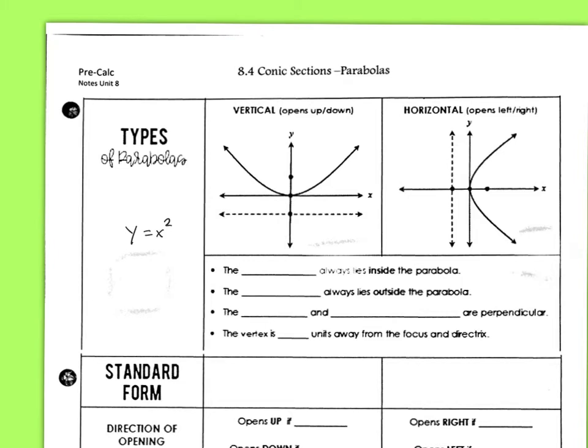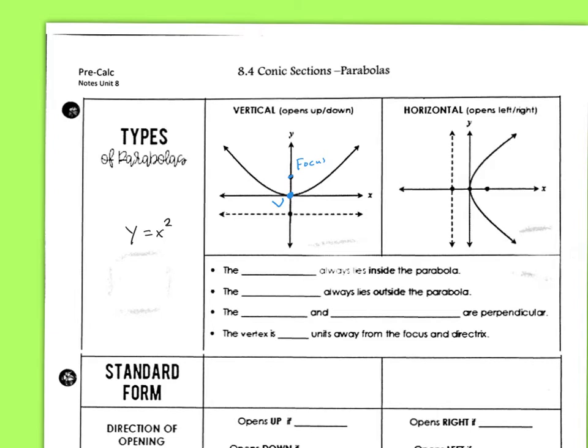We are going to actually graph these kind of differently. So we're going to graph it obviously the conic section style, so it does have a different feel. But we're going to start by just going through some of these parts of this parabola. The main point is the vertex, and the vertex appears in the equation, so we can find the vertex pretty easily. The point that's inside this curve is the focus,